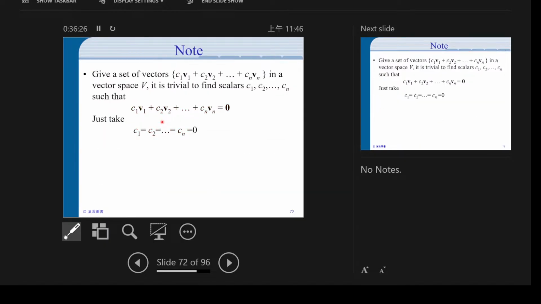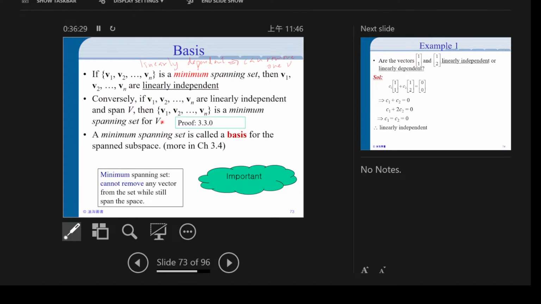Okay. And then let's do a bit of a spoiler. Yeah, we will talk about this in more detail later because I only have 5 minutes. So it's a bit of a spoiler to the next section. It's an idea called basis. Okay, so basis is a spanning set that's minimal, and also we'll prove that it's minimal if and only if all of them are linear